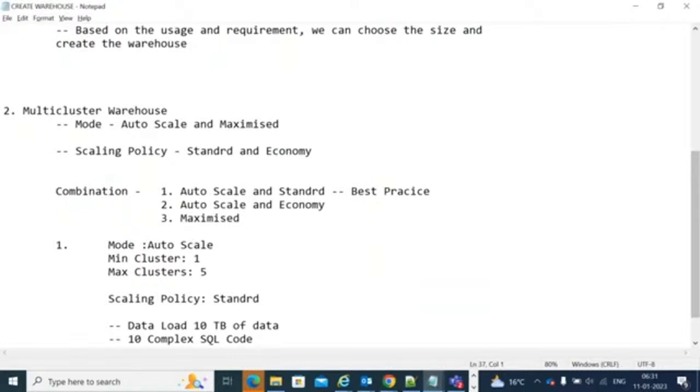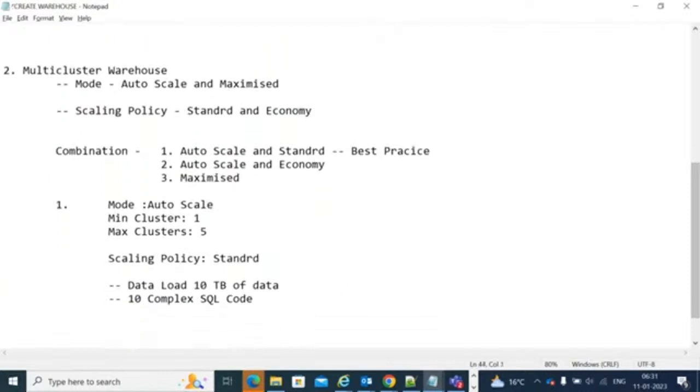Okay. And then even for your queries also, so this is about auto scale and then standard. Right. In case of auto scale and then,